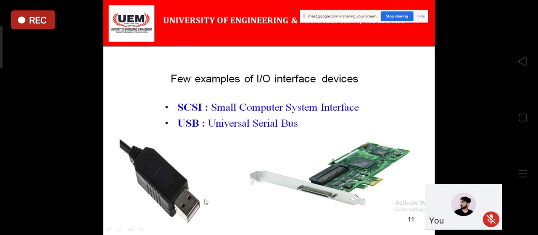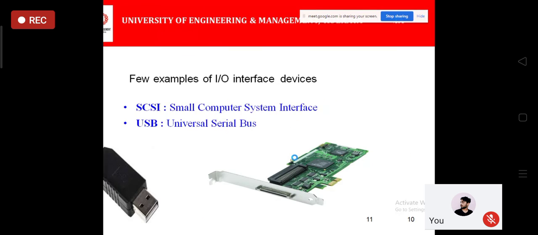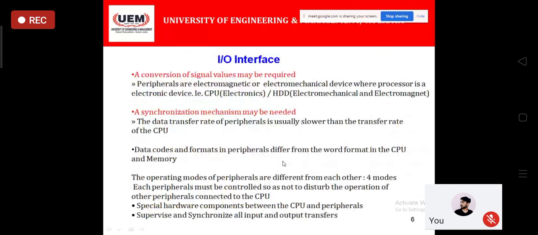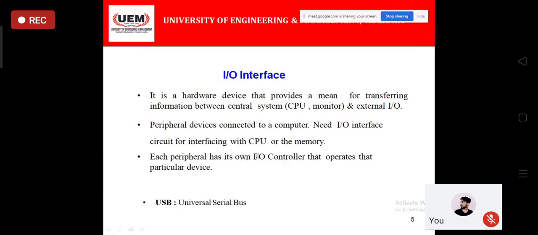We used to put the outer one, like you implement the keyboard, or you insert this one through those devices, right? So pen drive, whatever you give. So these are basically the interfaces. Now come to the theory part. I'm just showing the picture at that point of time because it's all about the theory. Okay. Now, if you think of the IO interfaces, basically it is the hardware device. You have seen this one in the picture.